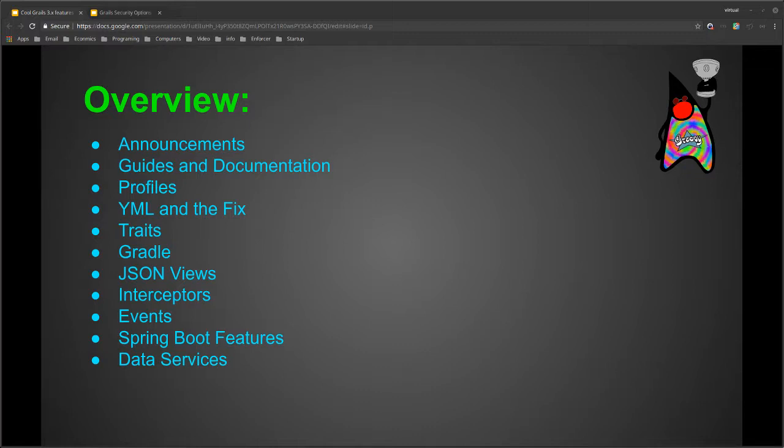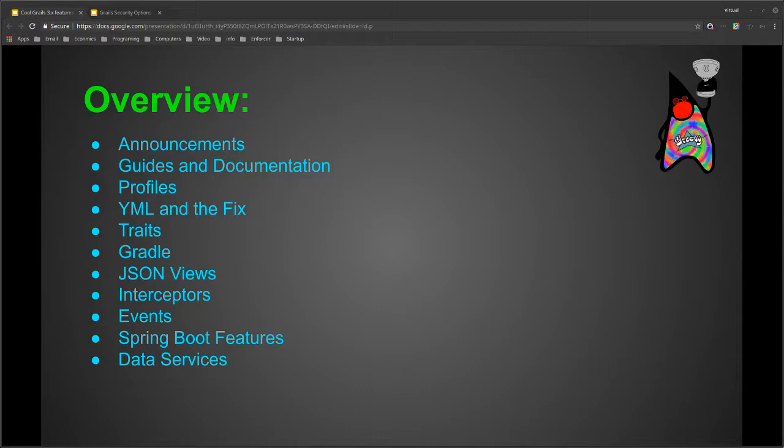So, basic overview, we already went through announcements. We're going to go through a little bit of guides and documentation because there's a lot of guides that are very useful, so I'm just going to point you to those. There's profiles, which came in 3. YAML and the fix to that.